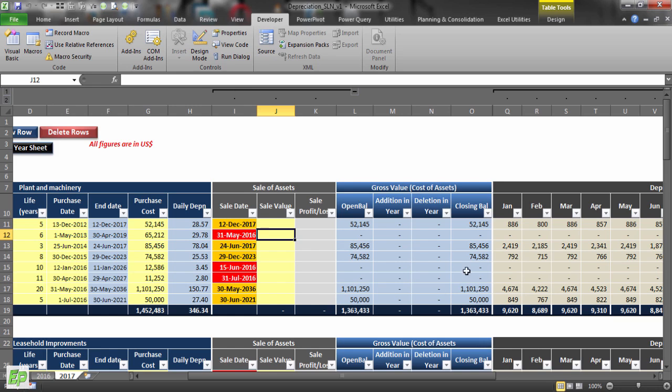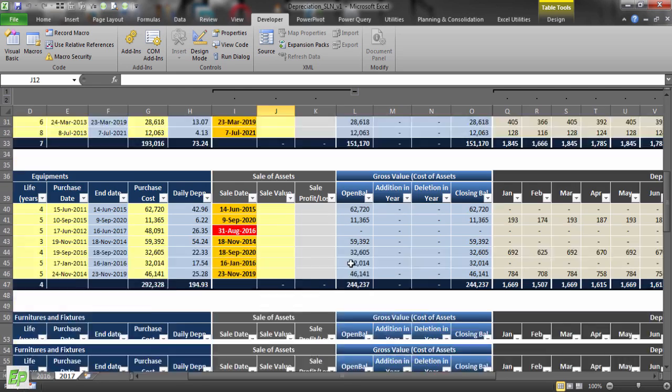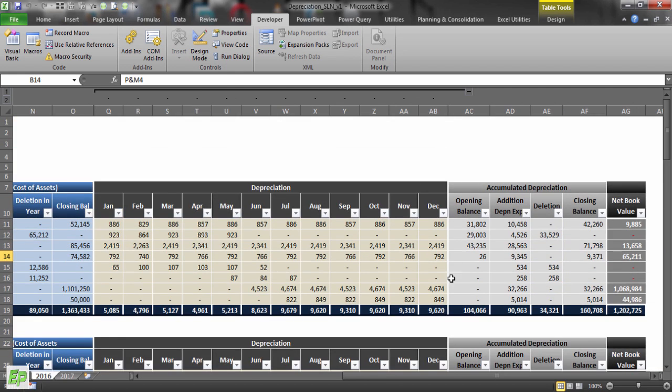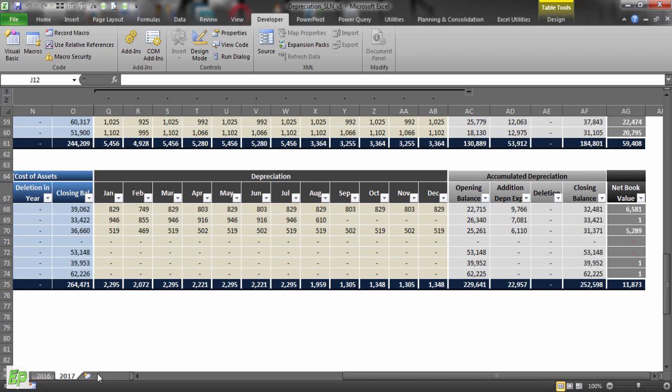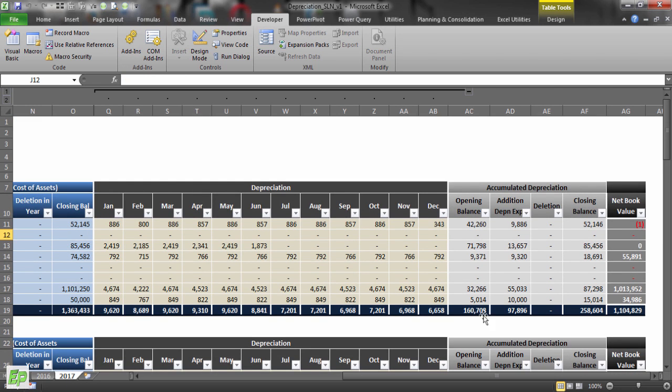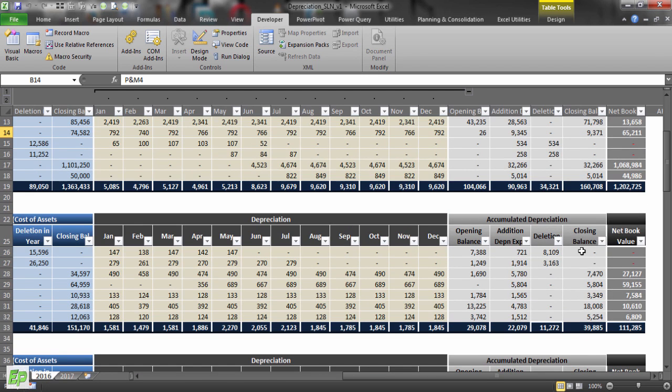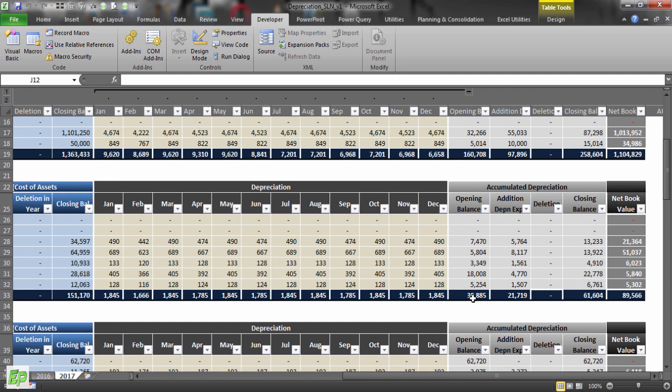Same way in gross cost of asset, all the balances are carried forward correctly. You can verify it. You can also quickly verify by taking the closing balance of totals, like 160708 for plant and machinery, which should be the opening balance 160708. You can also put a small validation here by linking the other cell. So for the second block, the closing balance of accumulated depreciation was 39,885 and the opening balance is 39,885.